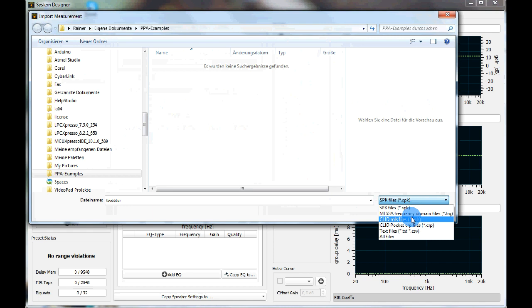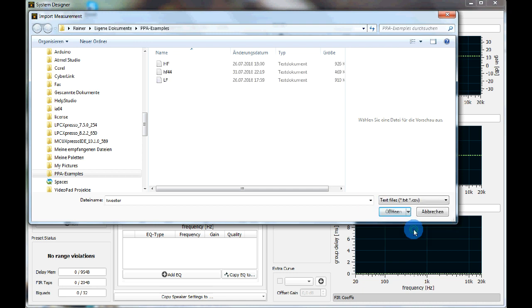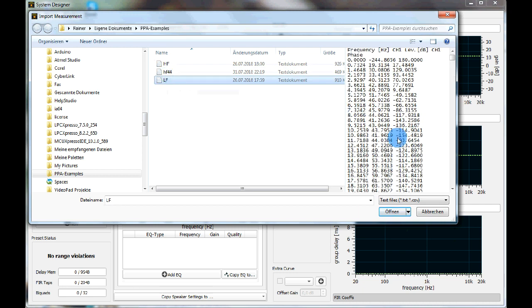So you can see that we support some native formats of other measurement software, and if your measurement software is not supported, in most cases you can export text files. So we click on text files and I prepared some low frequency and high frequency content. I will import the woofer and you have a preview window here, and you can see that there are 3 columns of data and there's a header on top,